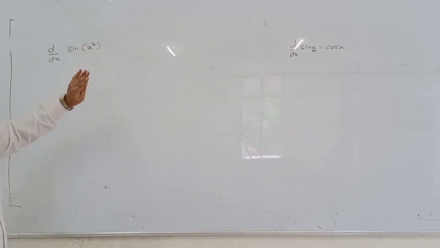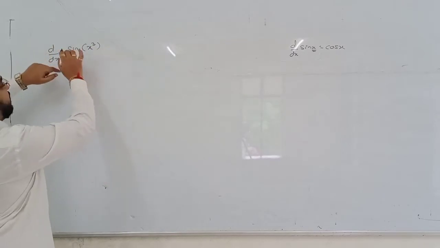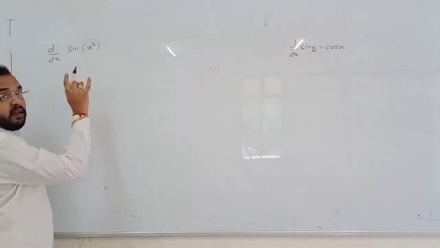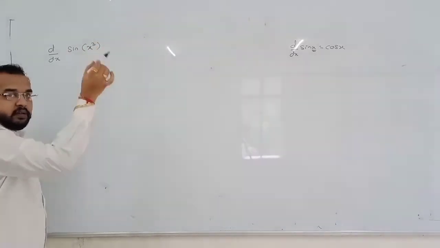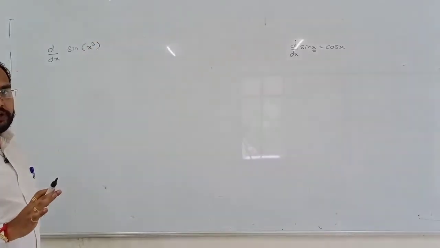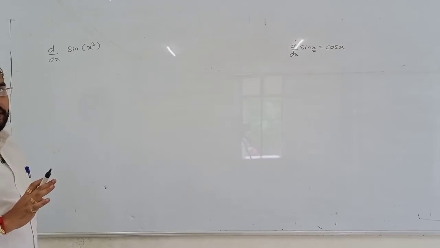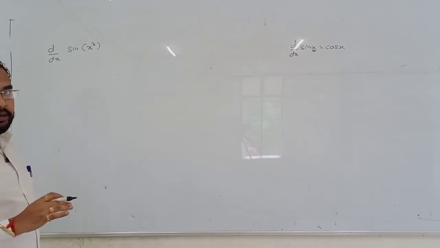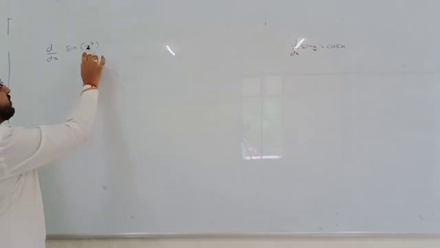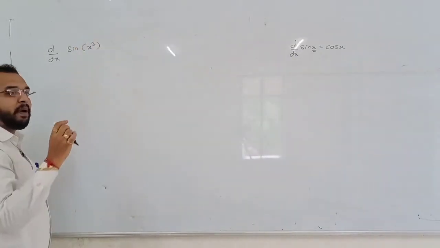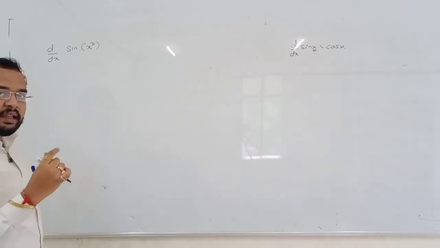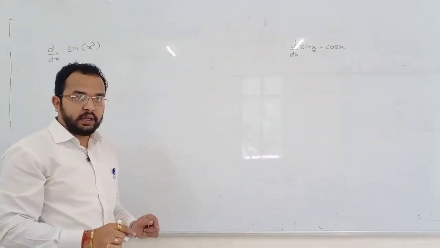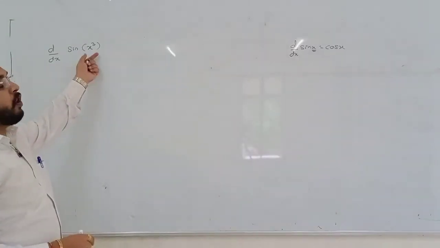Do you see any power above this function? Is there any power on top of the function or not? You say that here there is a 3. But 3 is not the power of the whole function, so don't apply the power rule here. First of all, at the primary level, don't apply the power rule initially, because this 3 is the power of that x only, and that x is inside the angle. Angle constitutes of x cube.